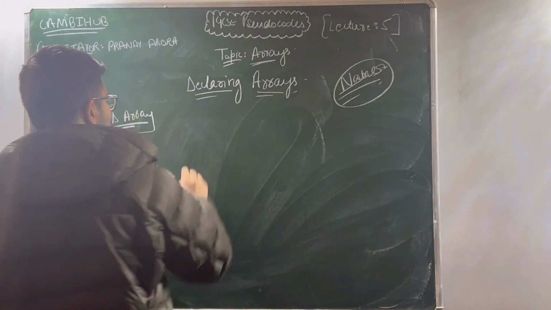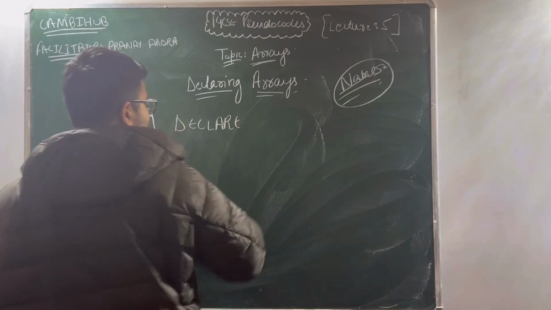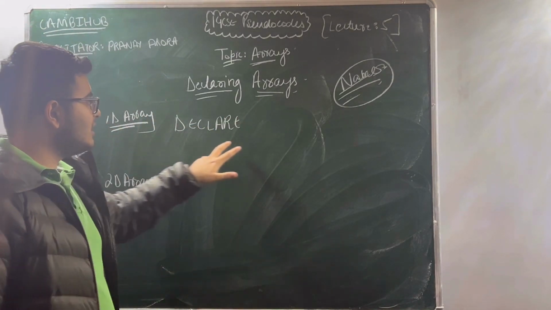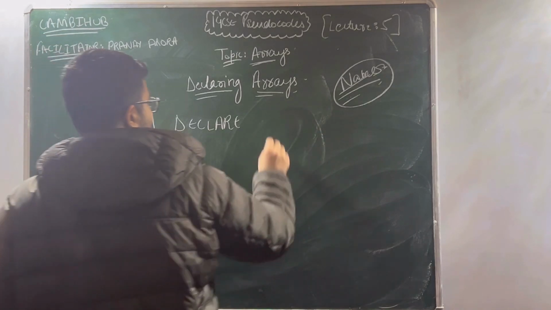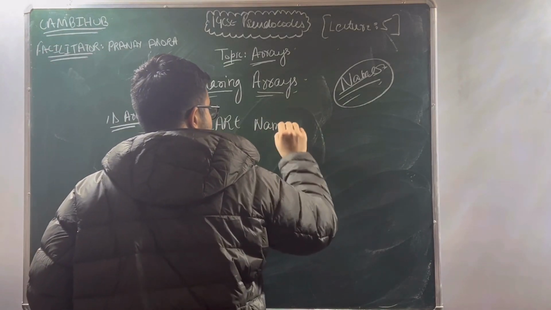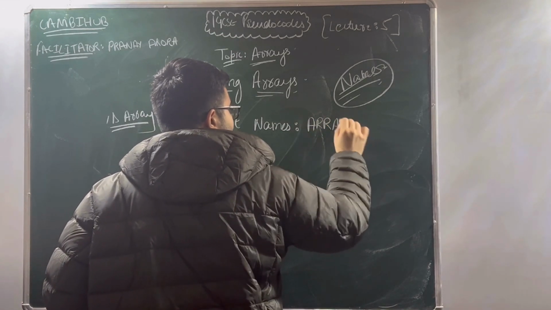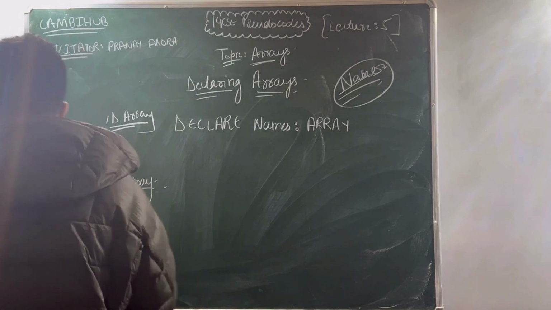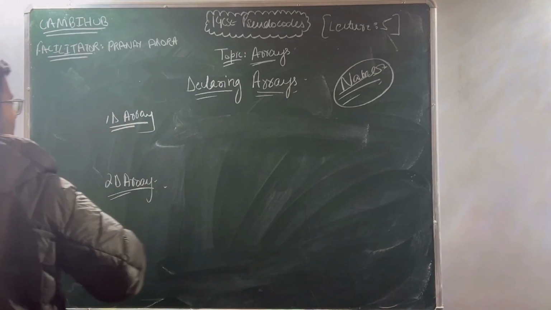So how would I declare it? I would say DECLARE. Remember, Cambridge pseudocode is case sensitive, which means keywords need to be in capitals. So DECLARE, the name of my array, names, colon, and in capitals I'll write ARRAY. Let's first write the standard form to understand. You'll always write DECLARE,